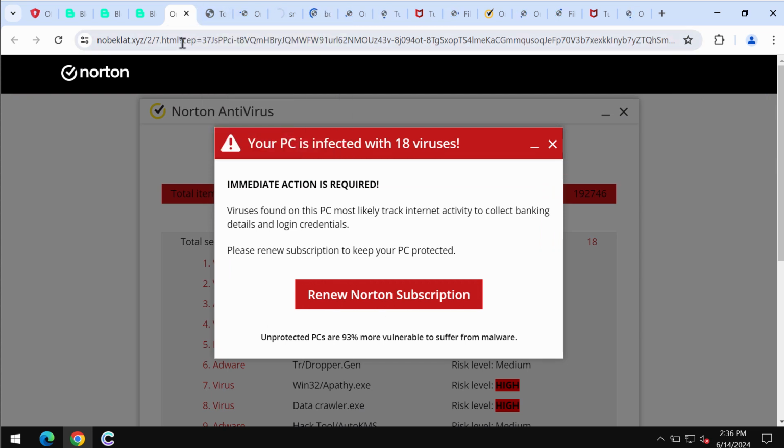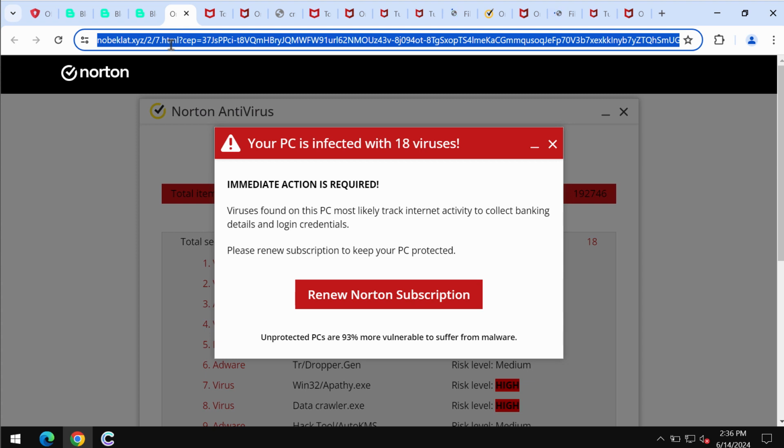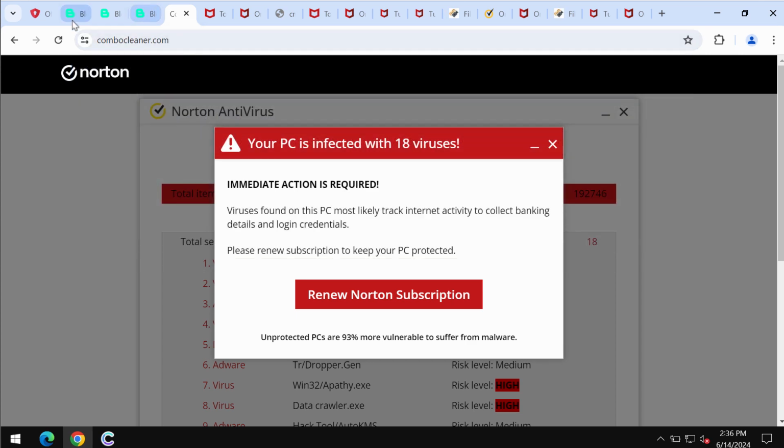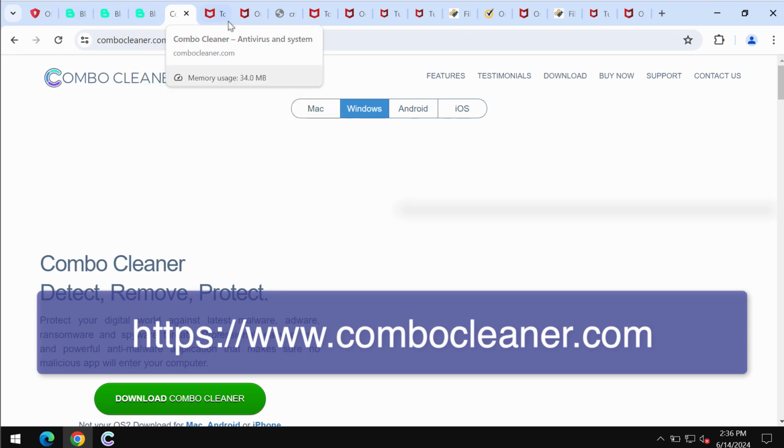some potentially unwanted software. And if you see these pop-ups by Nobeklat.xyz, don't tolerate them. As I said, their only purpose is to trick you into downloading some potentially unwanted software. Therefore, if you see these pop-ups, disregard them. I recommend you to leave this deceptive page and also to additionally investigate your system with the help of reliable